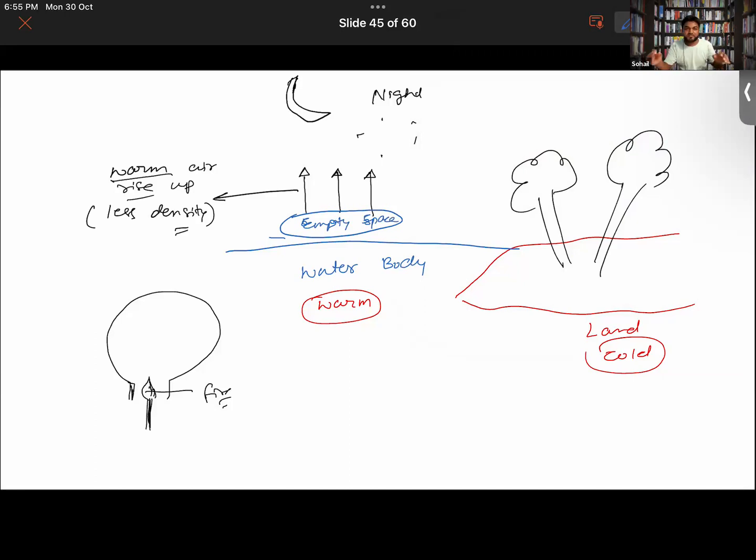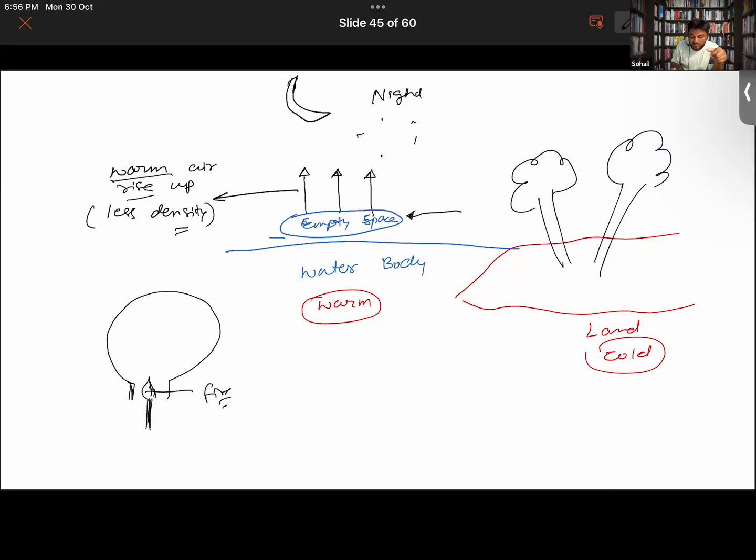But what happens is, due to the nearby gaseous molecules present in the air, you can't have any empty space in the atmosphere of earth. In the earth's atmosphere we cannot see a vacuum-like situation anywhere. Why? Because our earth is surrounded by a layer of atmosphere, and everywhere above the surface of the earth there are air molecules. So air molecules from the surroundings will run to take up this empty space created by the rising air, right?